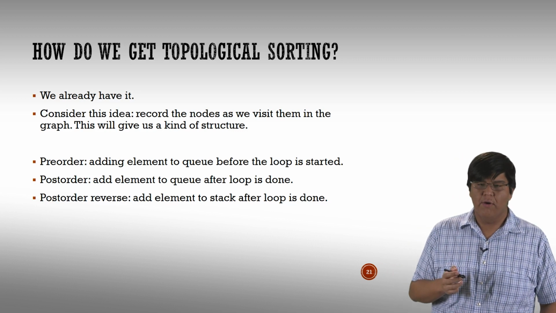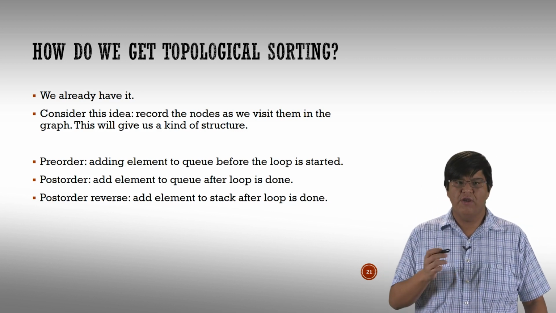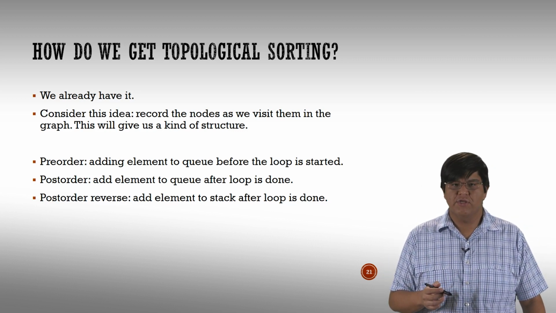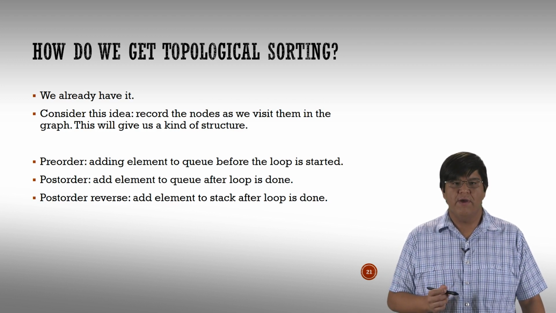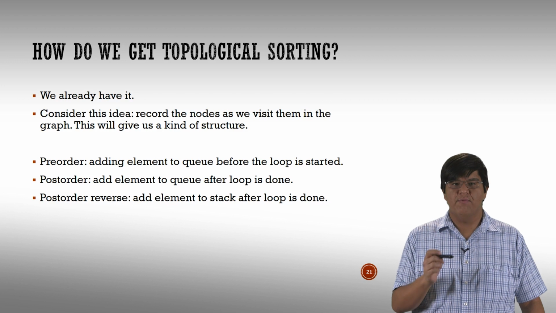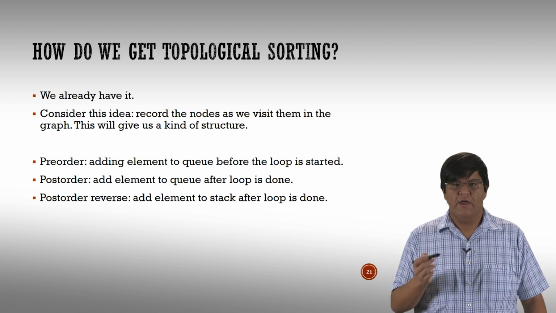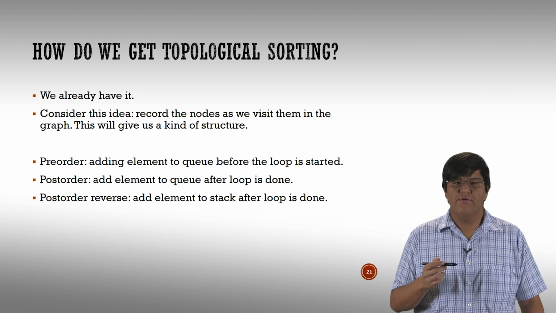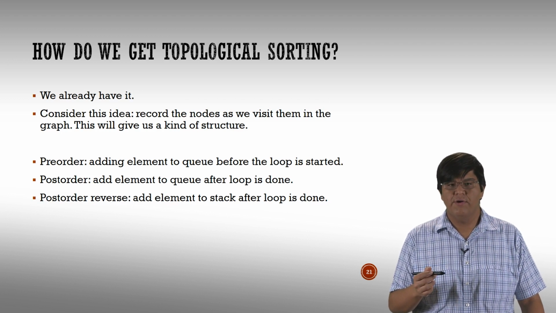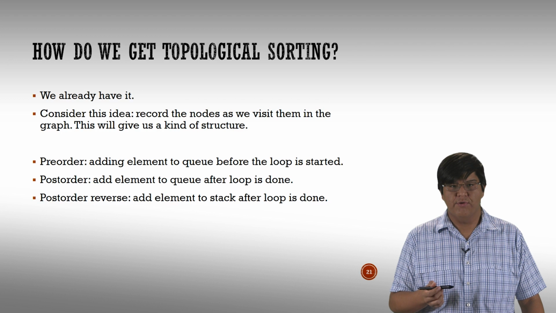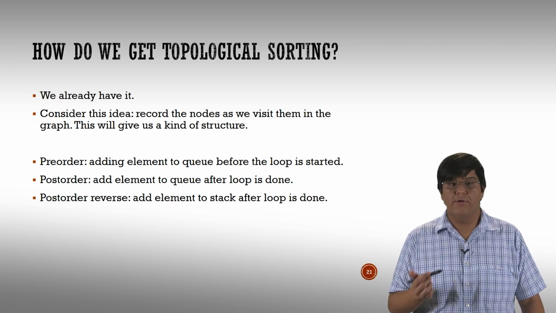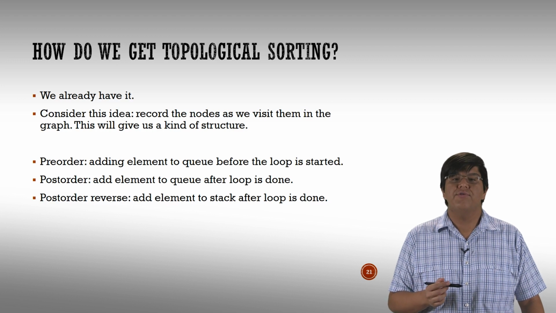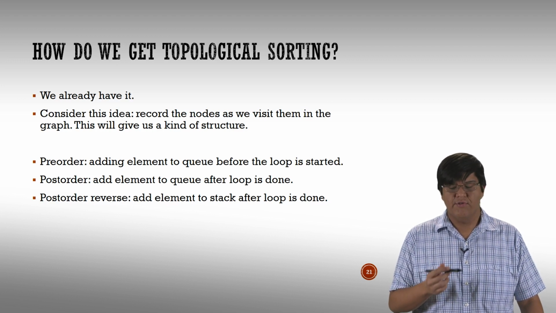Now, going back for a little while, we can think about tree algorithms, right? For tree traversal algorithms, we had a notion of, for example, pre-order, in-order, and post-order traversals, okay? These are ways of writing down our nodes as we explore through a tree. So the thought is this: maybe I can do the same thing for a graph. Maybe as I move through the graph, I can write things down in a pre-order, an in-order, or a post-order. That's actually what we're going to explore here. We're going to look at three different ones: pre-order, post-order, and then reverse post-order.